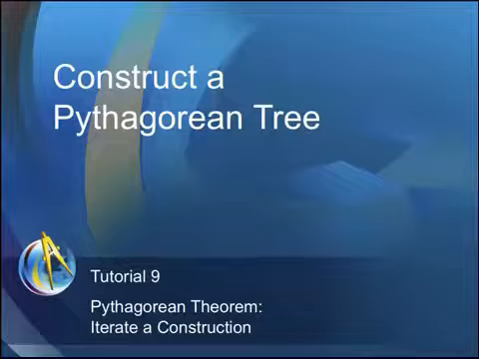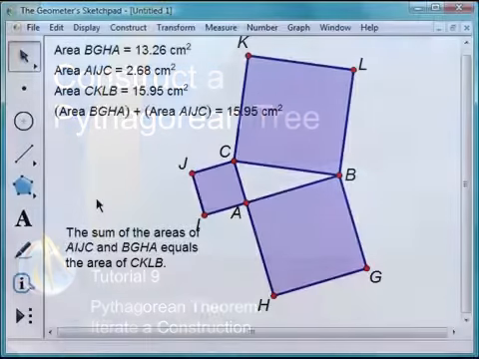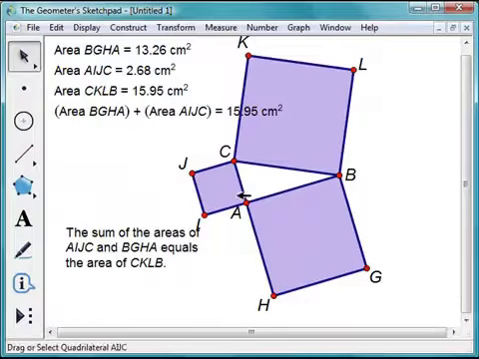I've just gone through a series of steps to construct squares on the three sides of right triangle ABC. The image of these squares in the triangle is a classic representation of the Pythagorean theorem. Now I'm going to use this image as a starting point to construct a very beautiful object known as a Pythagorean tree. The branches of my tree will sprout out from these two squares sitting on the legs of the